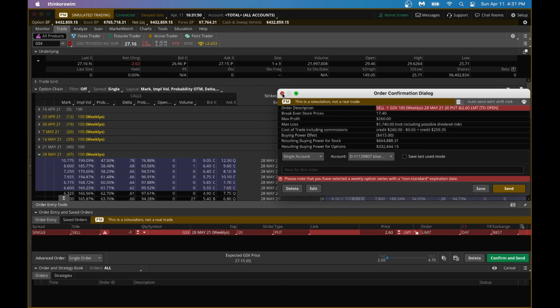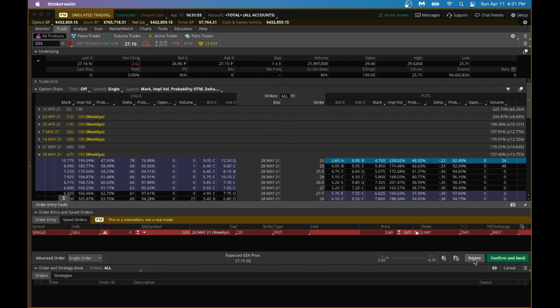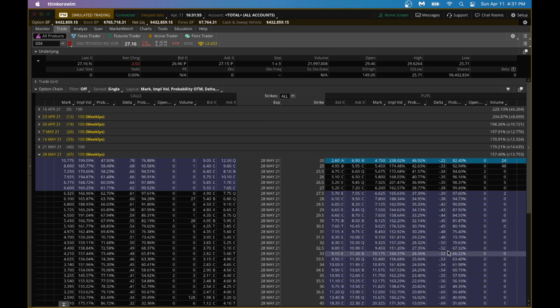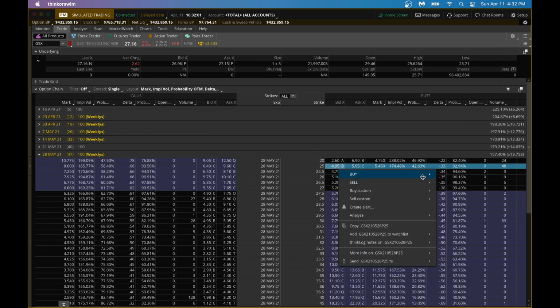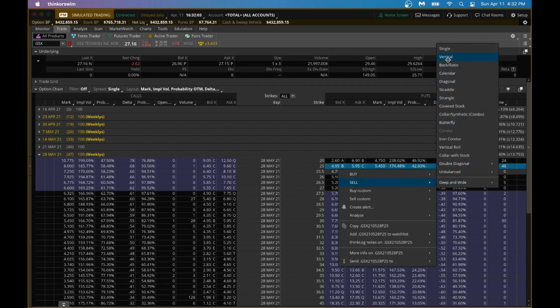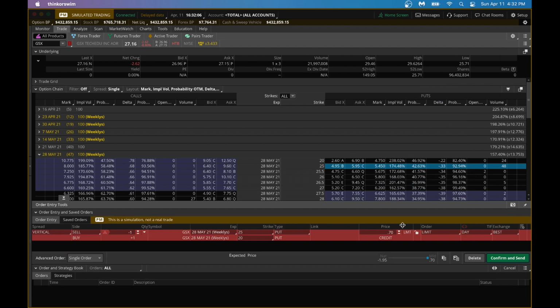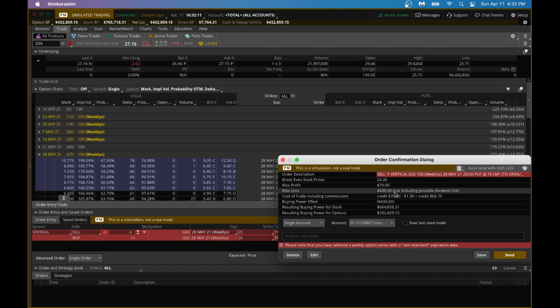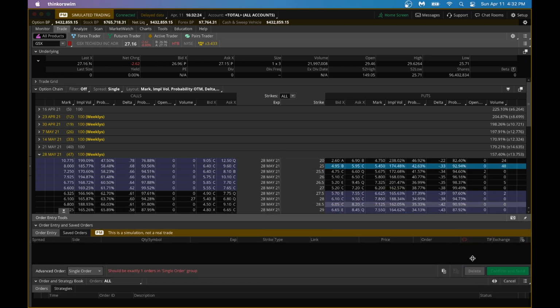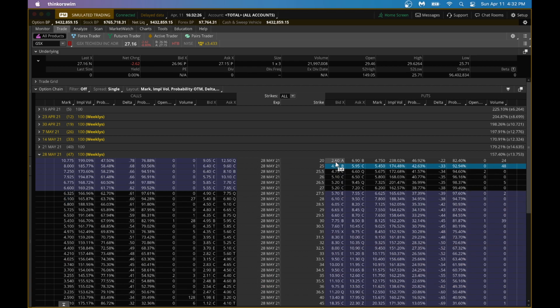If you're not comfortable selling the put option outright, you could even do a spread here. You can try a 25-20 spread. If you do the 25-20 spread, you will collect 70 cents, which is $70, and your max loss is also a little bit less. If the stock stays above 24.30, you will make money. So this is another way. It's low risk, low reward. The other option is to sell the put option outright at the 20 strike. So those are the two ideas.